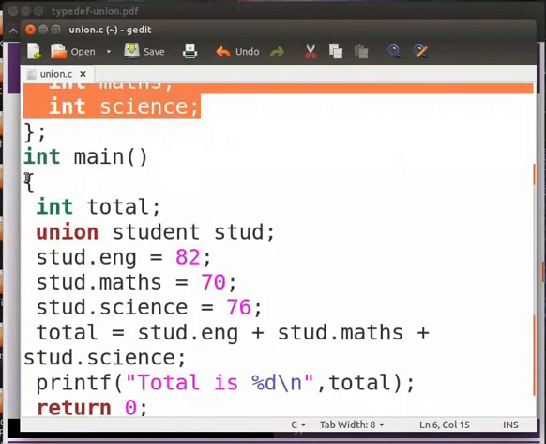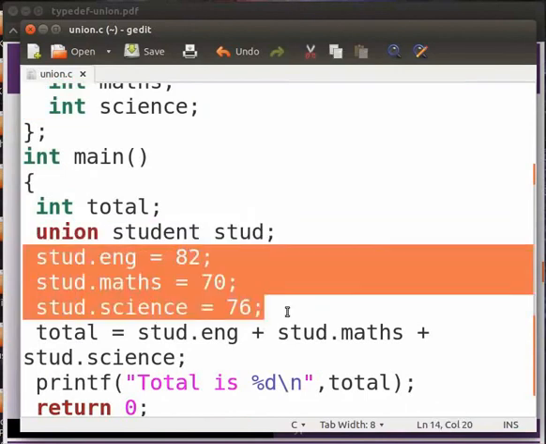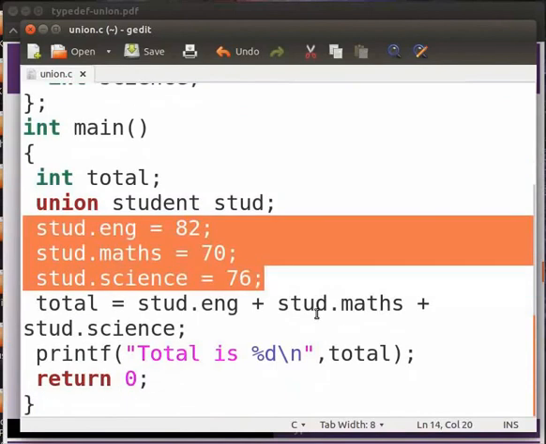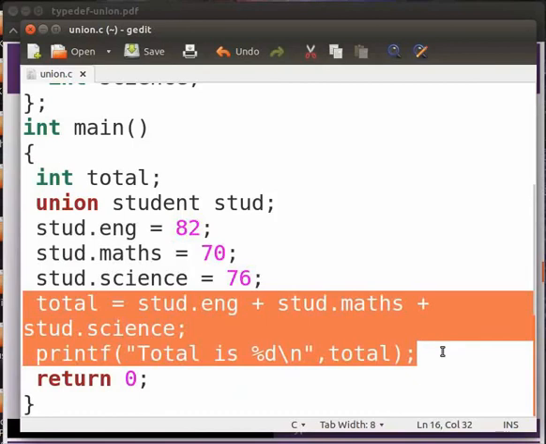In the main function, we have declared a union variable as stud. Here we can access the union members using the union variable: stud.english, stud.maths and stud.science. Then we calculate the total marks and display it.